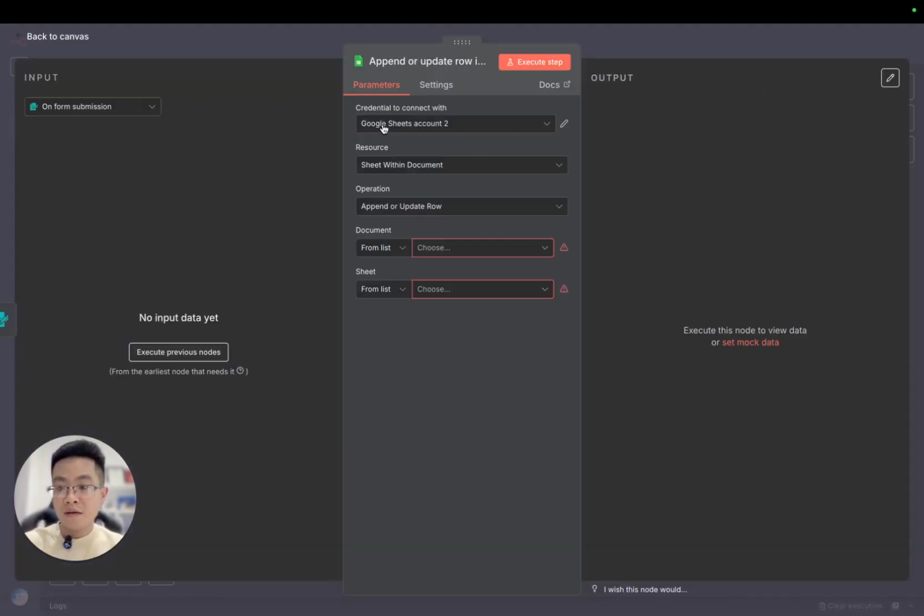So now my n8n automation workflow node has been successfully set up with a credential, right? And then we use the credential with the resource being the sheet within the document, right? And the operation will be append or update a row, and then from the list we can select the document, right?